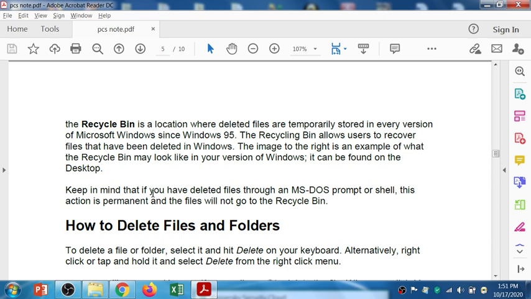Keep in mind that if you delete a file through the MS-DOS prompt or shell, this action is permanent and the file will not go to the recycle bin, right? So from MS-DOS or a shell script, if you try to delete your file, it will not be moved to the recycle bin.